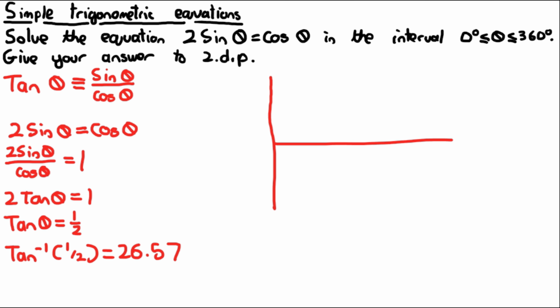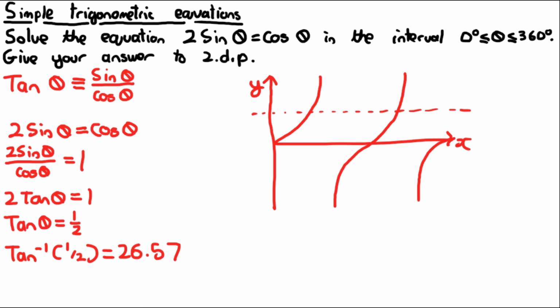This is y and this is x. The tan graph looks like this. I'm not going to draw the asymptotes in because it's a very rough graph, so it's not too important. And a half, we'll say, is about here. And we can see the 2 points here, one here and one here. This point is going to be the